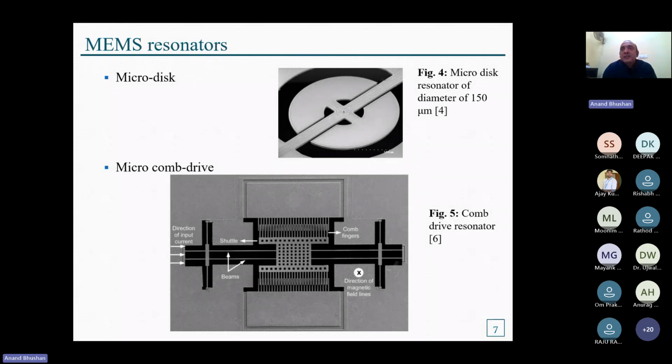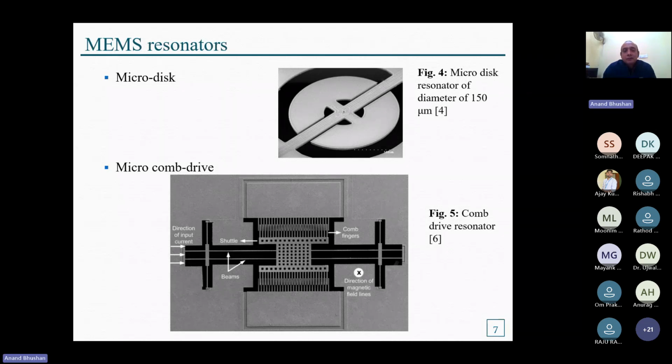Previously we saw beams, which are simple structures, but much more complex structures are also used as MEMS resonators. In figure 4, we can see a micro disc resonator. It is also a suspended type, with a diameter of 150 micrometers. And figure 5 is a comb drive resonator. Here there are two parallel beams, and in the middle there is a comb drive. In the comb drive, there are two pairs of interlinked combs. One pair is attached to the micro beams, and the other pair is a part of the